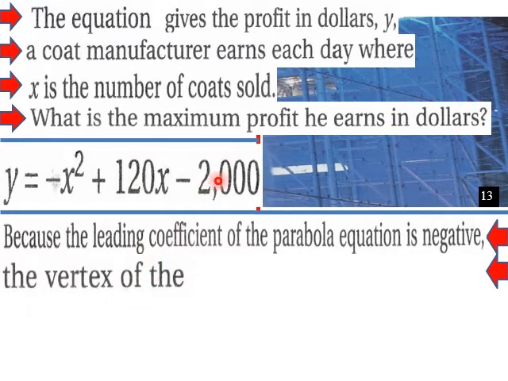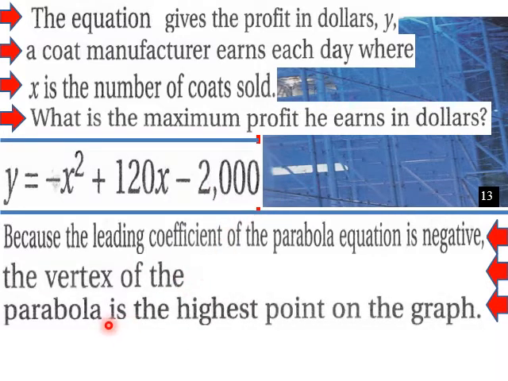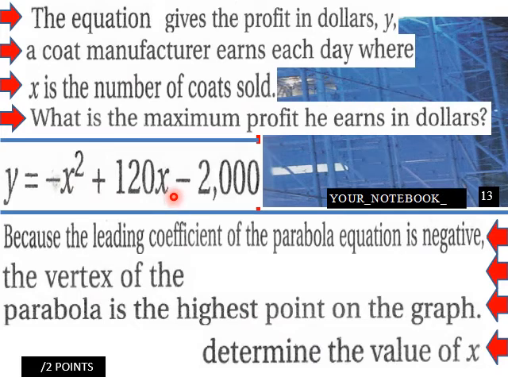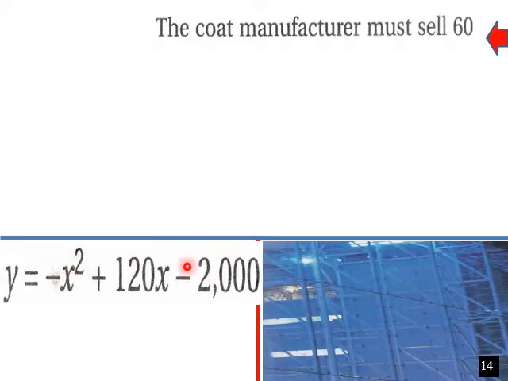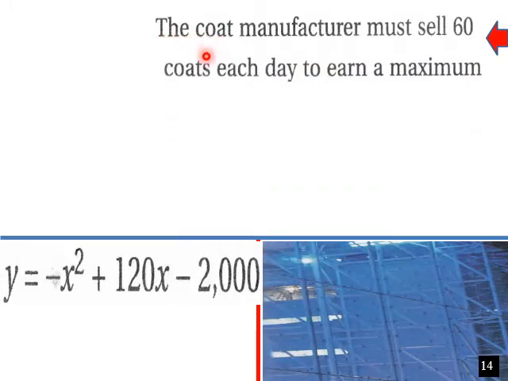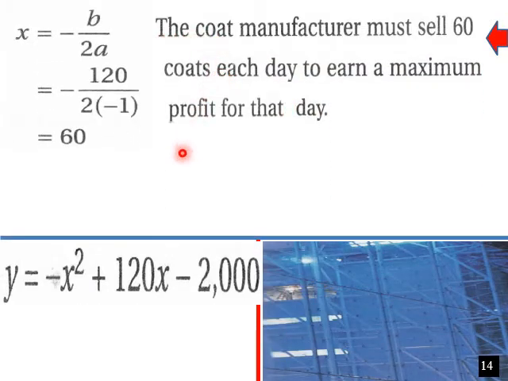It's negative, so the parabola is going to go like this. So the vertex of the parabola will be the highest point on the graph because we have a negative a here. So we need to determine where the vertex of this parabola is. To do that, the coat manufacturer must sell 60 coats each day to earn a max